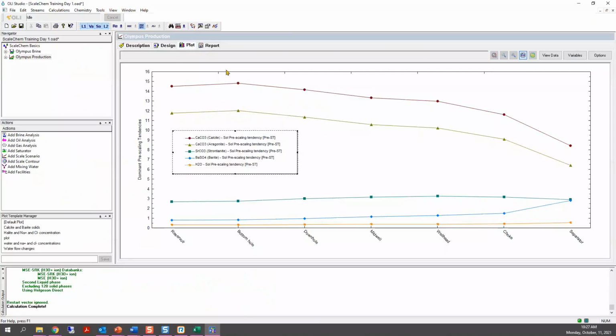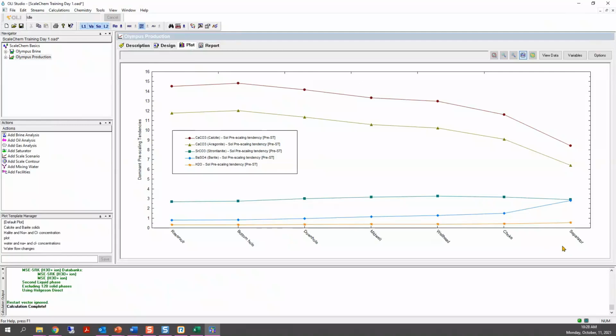And this plot tab is the dominant prescaling tendency versus locations. So you see dominant prescaling tendencies versus the different locations, okay? The software, this is the default plot for every ScaleChem calculation, okay? Every time that you do something, this will be the default.